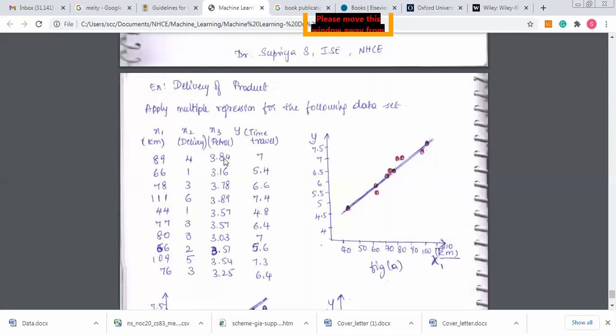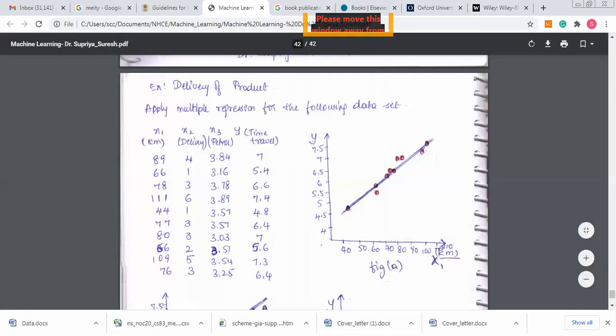So we have these independent variables and we have the dependent variables. You can see the first figure, figure A, I've plotted by just considering the x1 on the independent axis. And for the dependent axis, I'm going to consider the y. So the first graph that I've plotted is these two. And if I try to draw a linear line that is connecting a few of these points, I can see that there's a line that I'm getting like this.